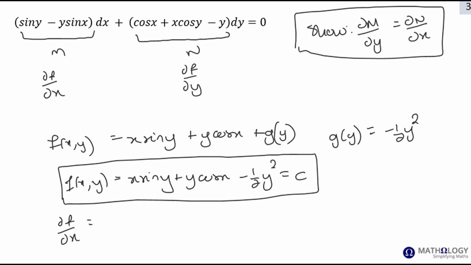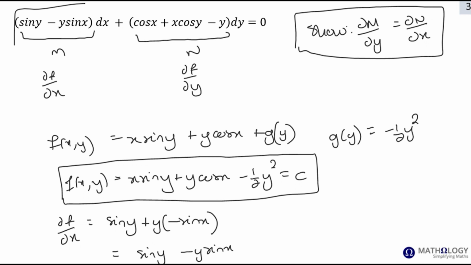The derivative of x is 1. So 1 times sin y is sin y. We're differentiating with respect to x, so y is a constant. So just put the y down. The derivative of cos x is minus sin x. And with respect to x, minus a half y squared is a constant. So df dx is sin y minus y sin x, which is the expression we have for m. So that checks out. And then the partial of f with respect to y,